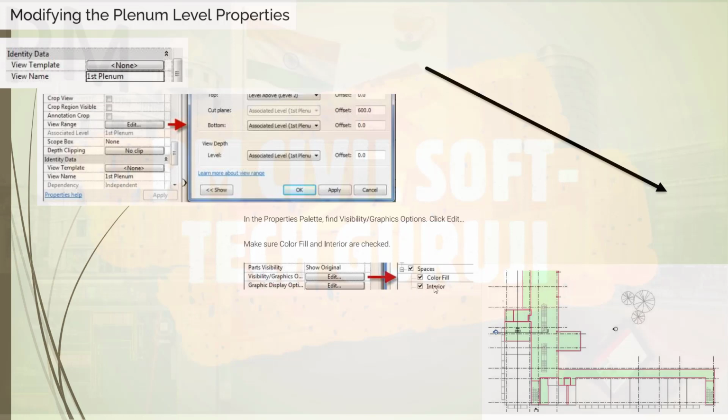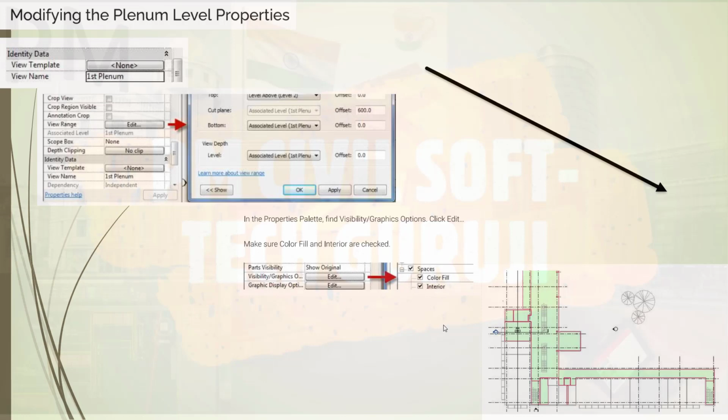Make sure Color Fill and Interior are checked for spaces in Visibility/Graphics, as shown in the figure.